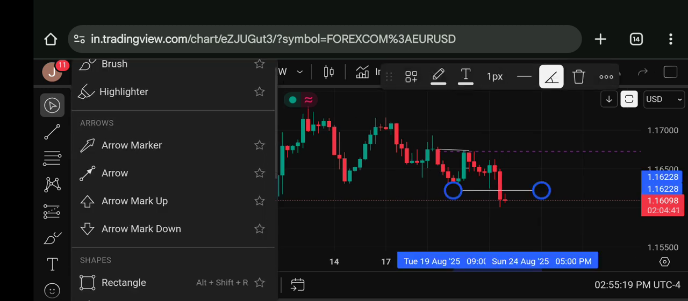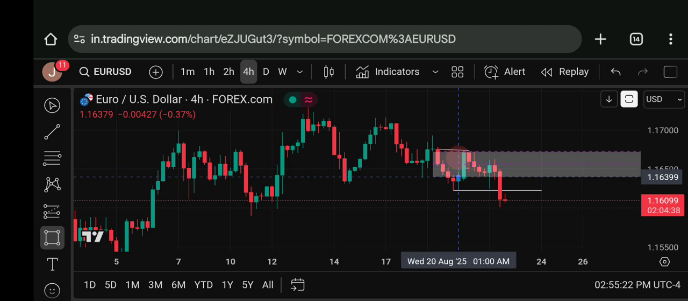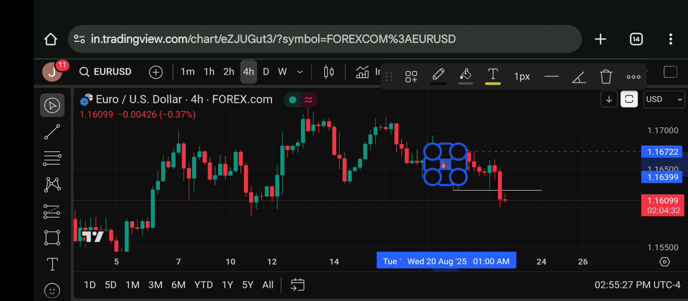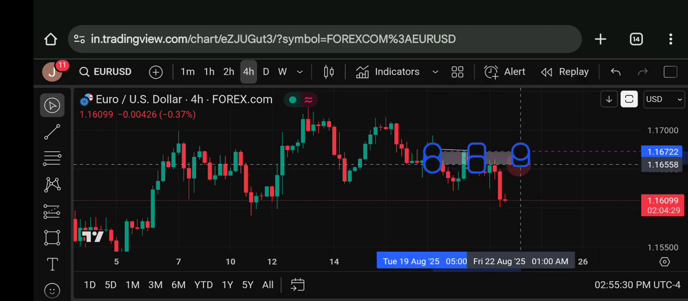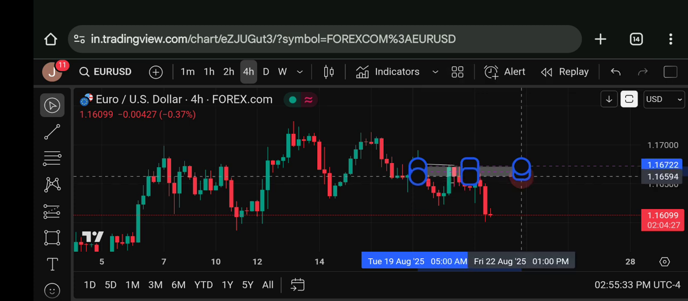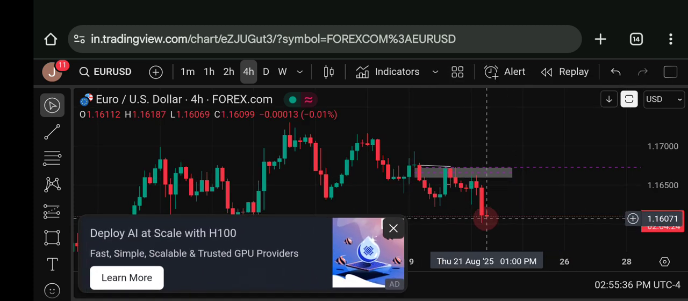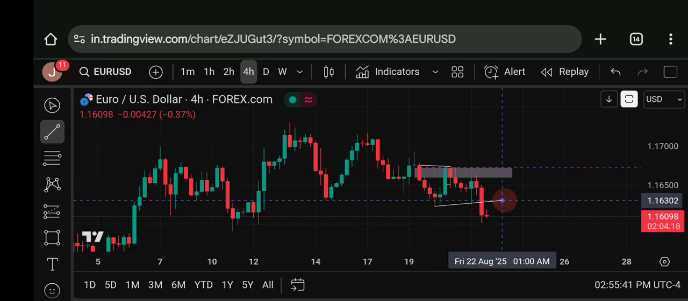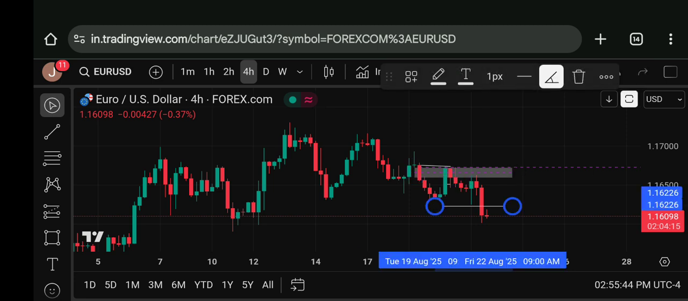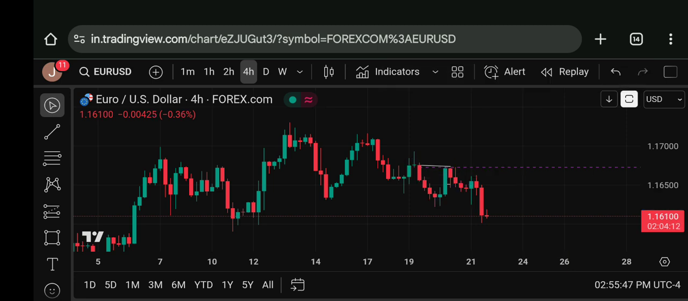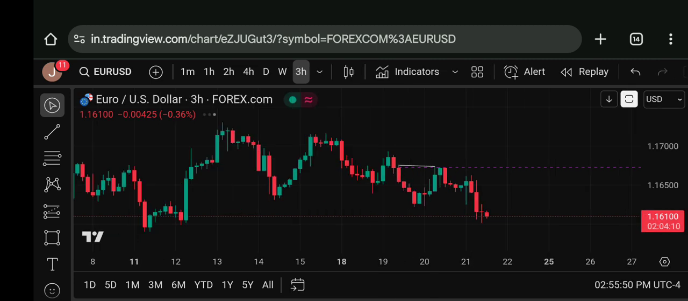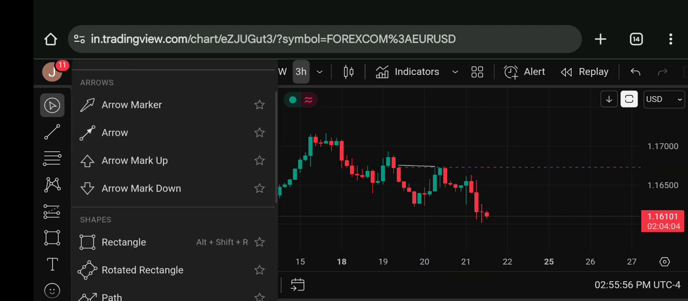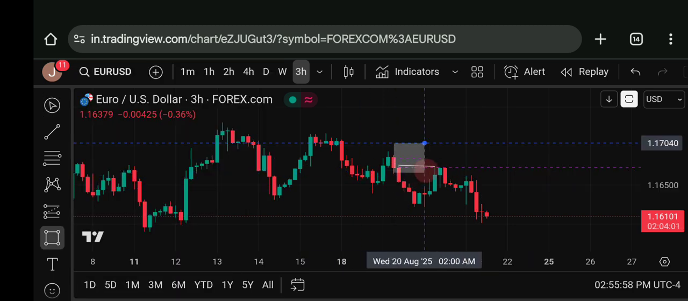So first of all guys, there was this 4 hour internal range liquidity to this external range liquidity, which was our higher time frame target. 4 hour IRL to this external range liquidity was our higher time frame target, and on the 3 hour also it was the same. It was this 3 hour IRL